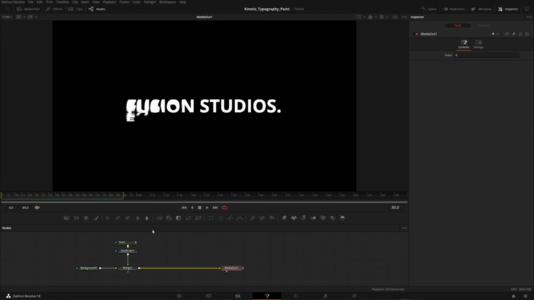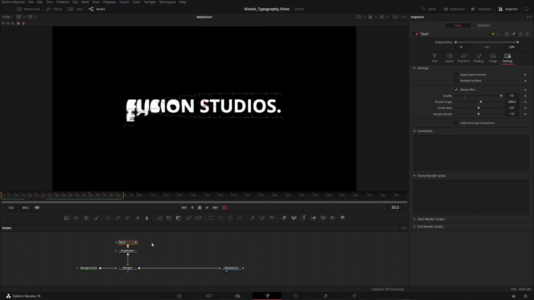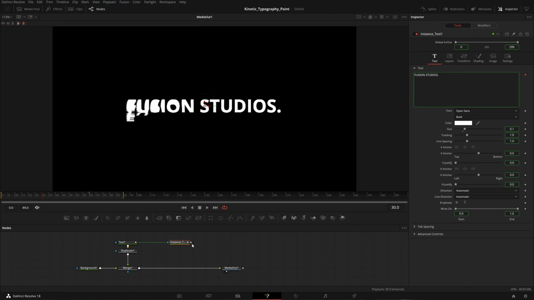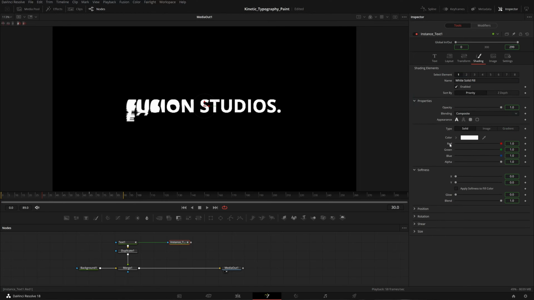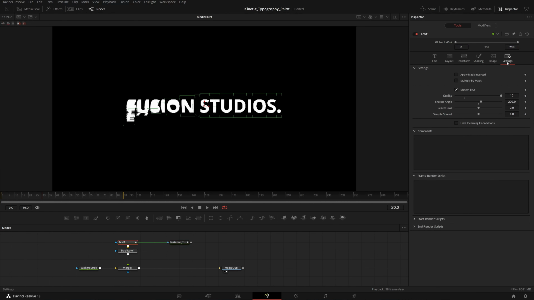Okay, so in order to have a color here, I'll take this text node, hit Control C to copy it, and then Control Shift V to get this instance node. An instance node is basically a copy of this text node, but in instance nodes you can't change any of the settings. You can, but you have to do something. Like, if I want to change the color of this instance text, I have to go to shading, and here I have to right click and select T instance. Now I will have my options enabled, and I'll make it white,